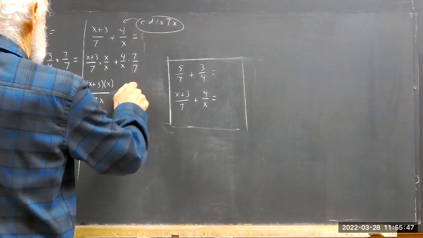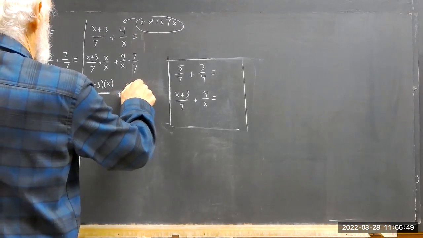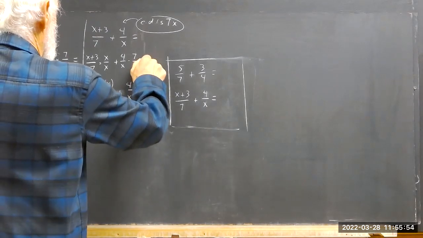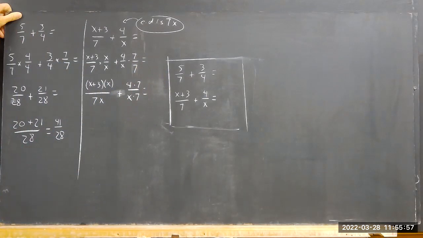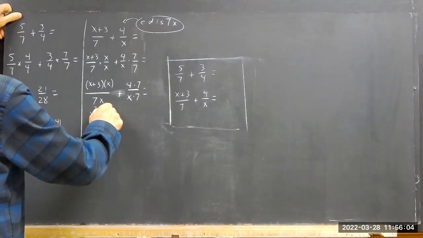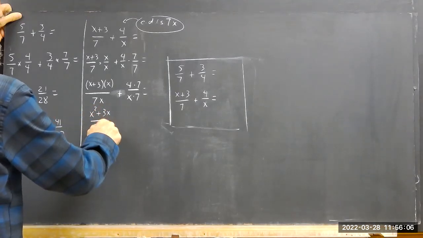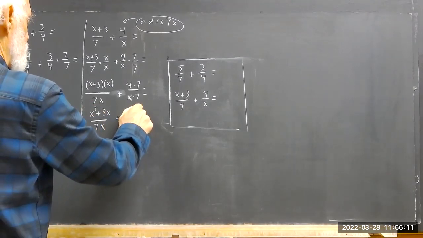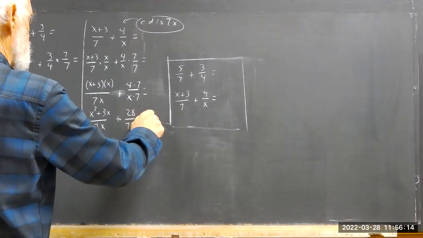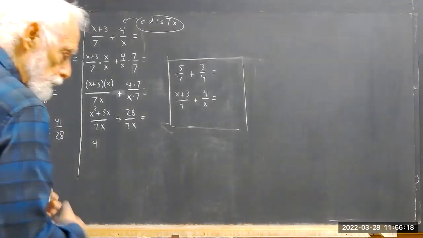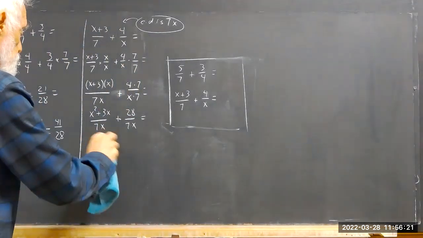It's plus 1 equals. Writing out a little more detail maybe than necessary, but it's not a bad idea. Okay, so that gives us x squared plus 3x over 7x. And this gives us 28 over 7x, which then equals... I don't know where I got 4 out of this. Equals